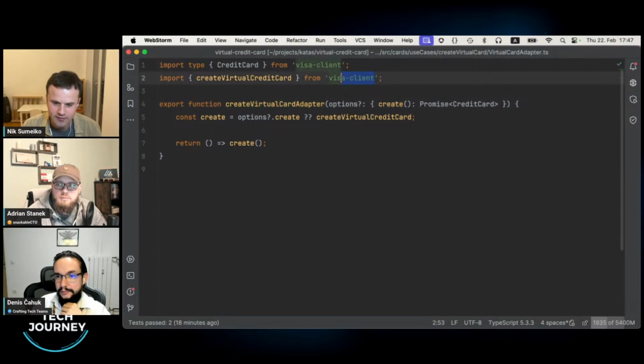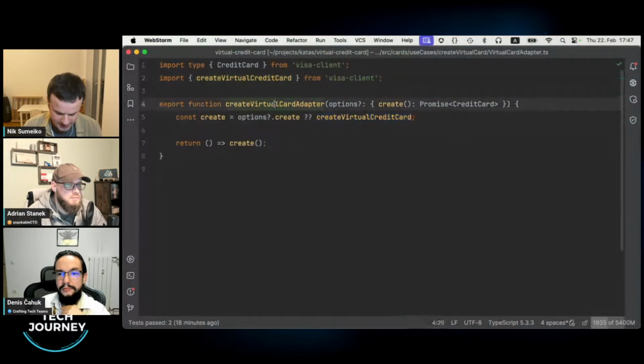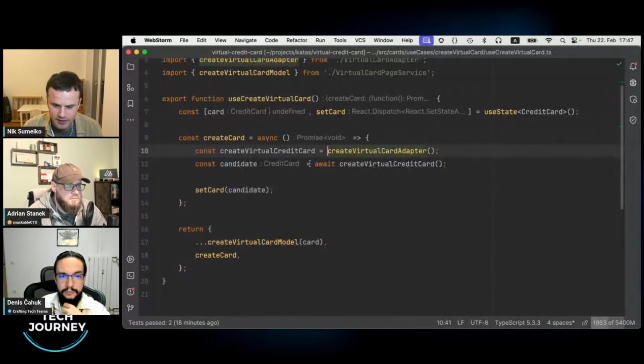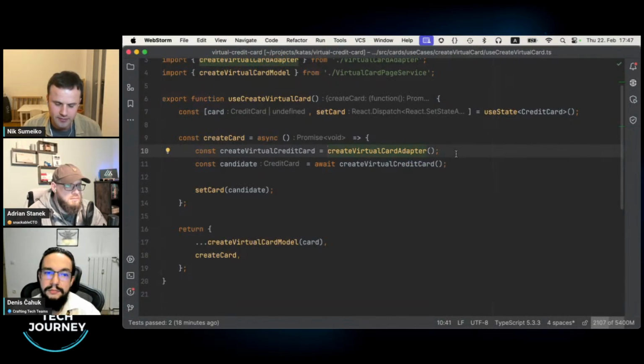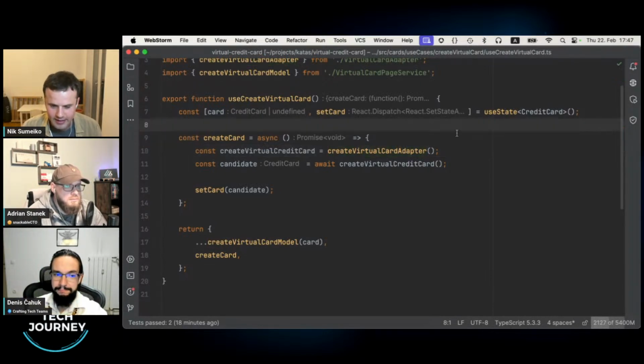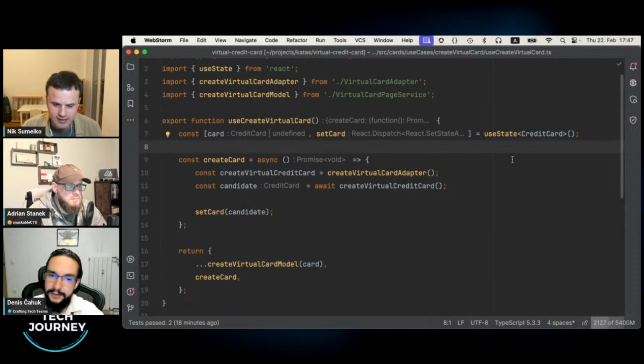We are using Visa SDK inside this adapter here, okay? And this adapter is used inside our use case functional layer. So there is a tight coupling here. How can we make it loose coupling? And this is possible with dependency inversion.